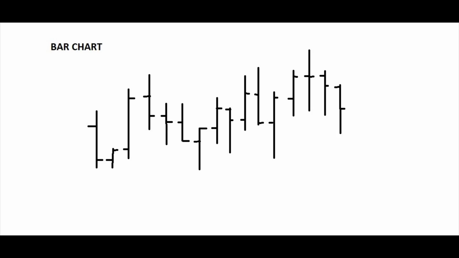Talking about the bar chart, it is useful in identifying the opening, closing, high and low, just like the candlestick chart. It easily gives us the volatility that has been occurring in the price. For example, the longer the line, the higher the volatility. So based on that you can understand this, but it takes a lot of time to get through it. So if you're thinking of using this type of chart, you should take time to understand it properly, and based on that you can identify your trades.